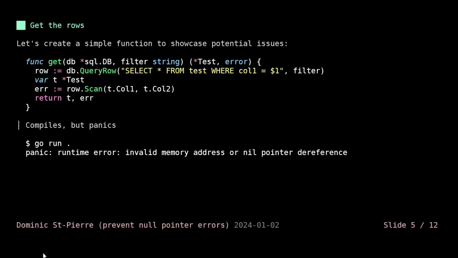So the first implementation we could think of trying is to set our t variable in here as a pointer to our struct and just pass that to our scan. But as you can see, this compiles, but it panics. This is not at all the issue that they were receiving, but I just wanted to demonstrate that, well,